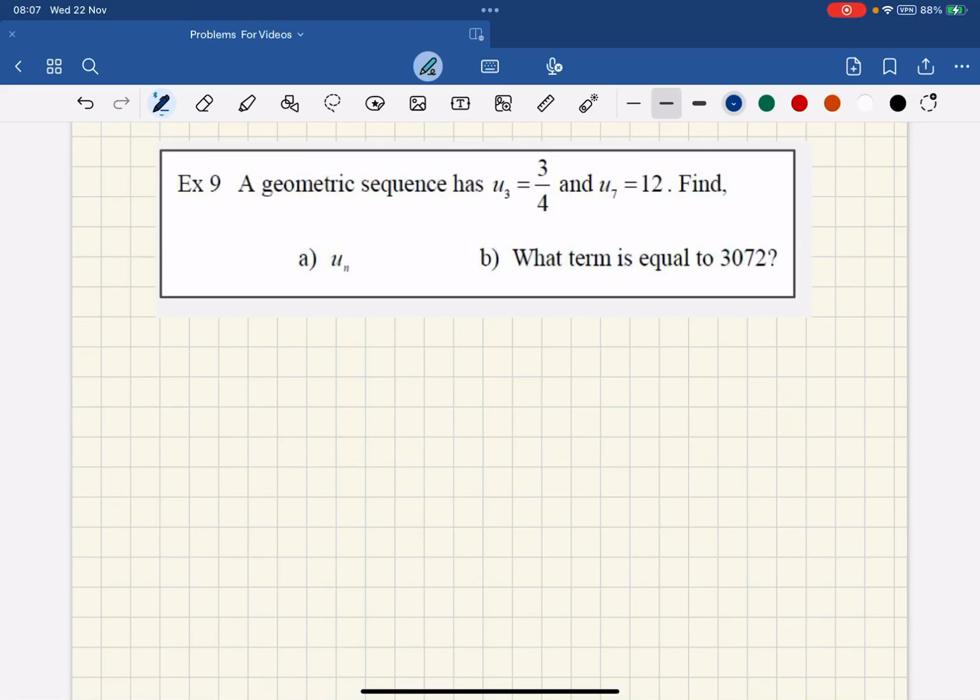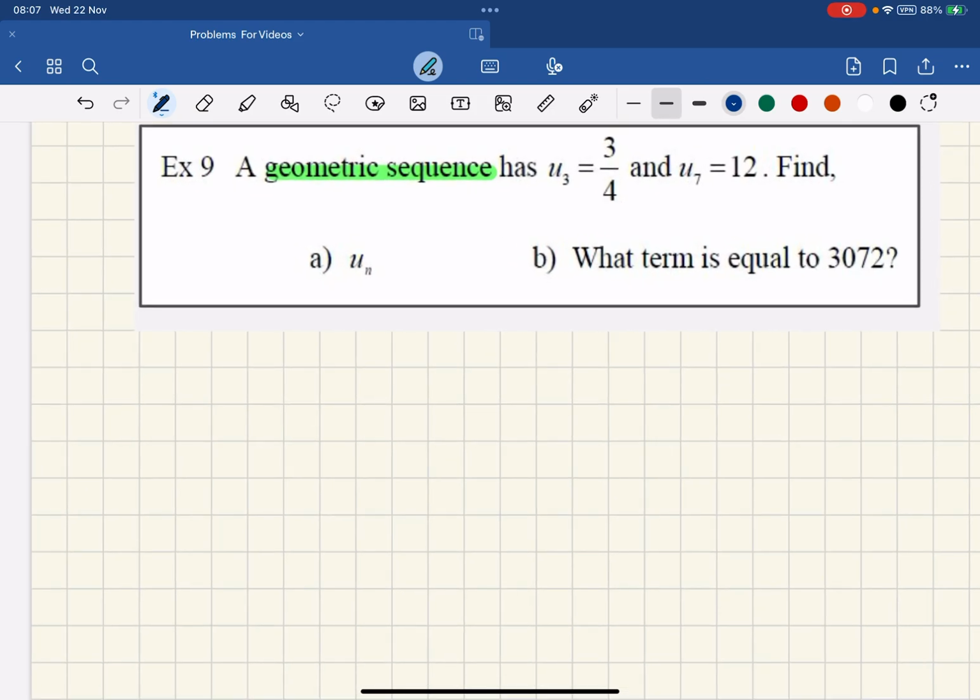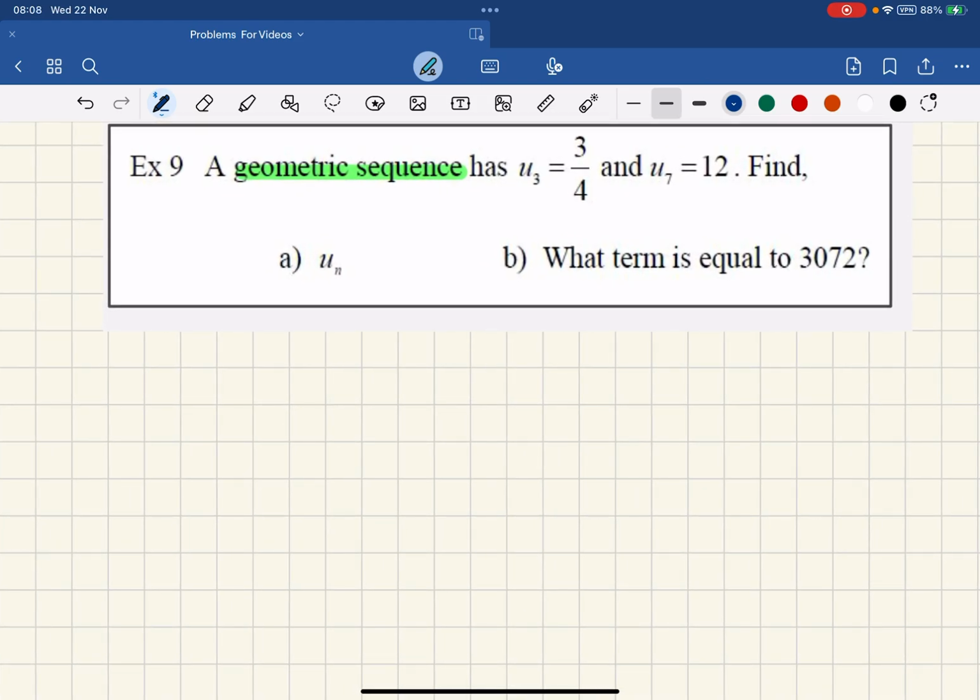Have another problem here, but this time with a geometric sequence. So I'm being given u3 and u7, and I've got to find u to the power of n. Well, I need u1 and I need r. So the easiest thing to find is r to begin with. How do I find that? Well,